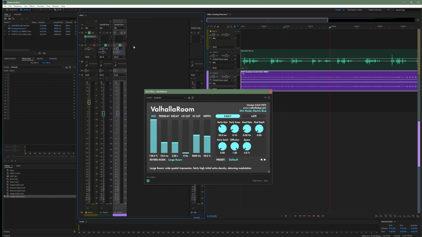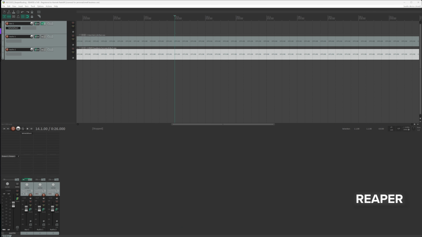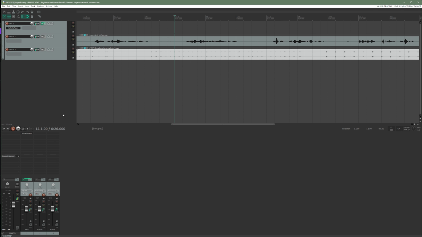So that's how you would set up an aux send over here. Okay, so now I'm going to do the same stuff in Reaper. The only thing I've done here is I've added the footsteps and vocal tracks and an aux. Nothing else. So the first thing I'm going to show you is something really cool about Reaper, which is that